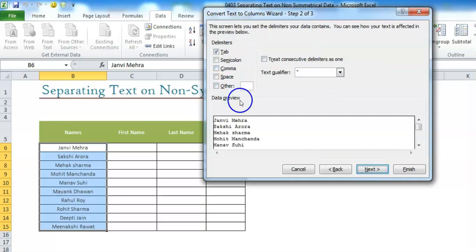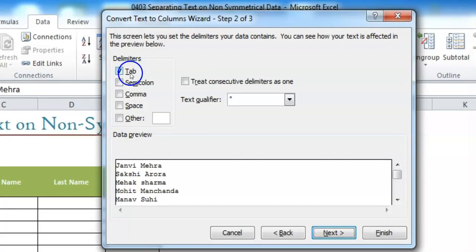So when I click on delimited and click on next, it will go to step 2 of 3. This is the second step where we are going to assign the delimiter. Here by default tab is checked, so I'll uncheck it, and you can see the common character we have in the data is a space. Just have a look at this data preview. As and when I click on the space, you'll find a break is coming between the first name and the last name. Remember one thing, that space is basically converted into a line separator. So these are now two columns.